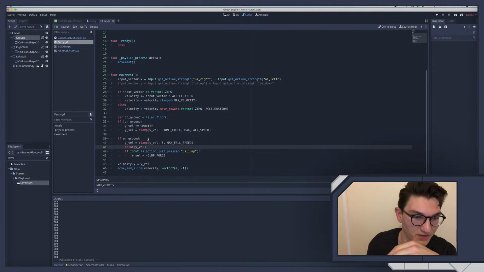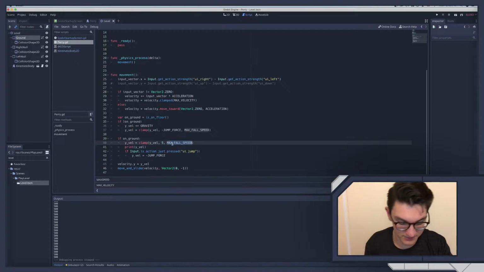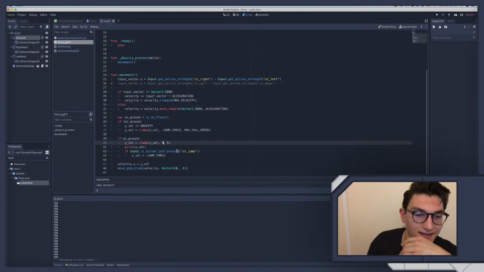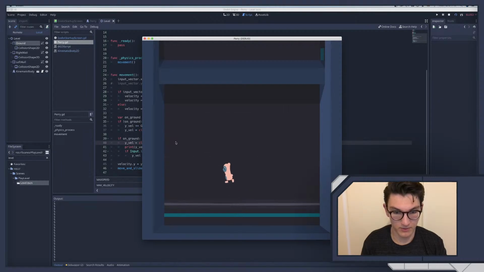If I'm doing this, yval equals clamp yval. So we're clamping the yval to 5. If on ground, this should be 5. And then, yeah, the minimum. Okay. There we go. Clearly still some issues going on, but